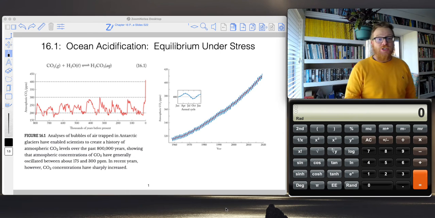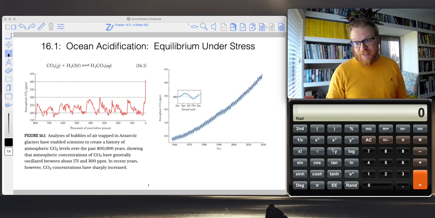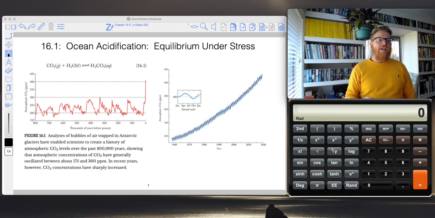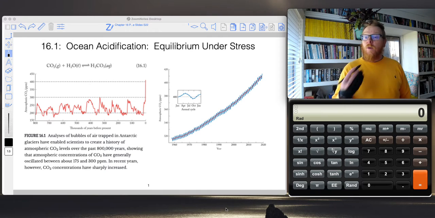Moving into this new chapter, which is largely on aqueous equilibria. There's all kinds of various topics we can get into with that, mostly acid-base chemistry and solubility. And we're also going to talk about complex ion equilibria. But I wanted to start this chapter with a very brief intro video talking more about this ocean acidification via